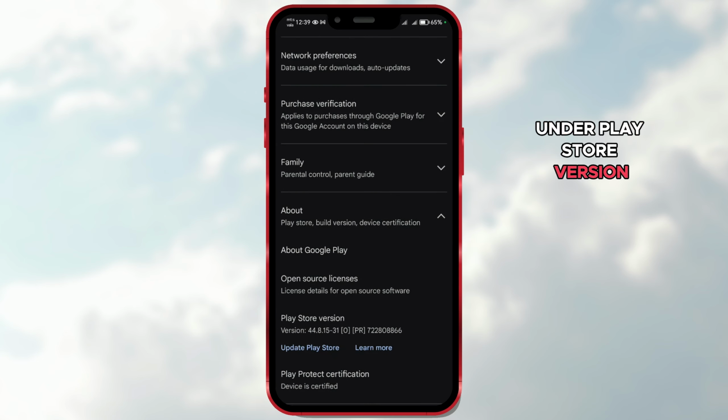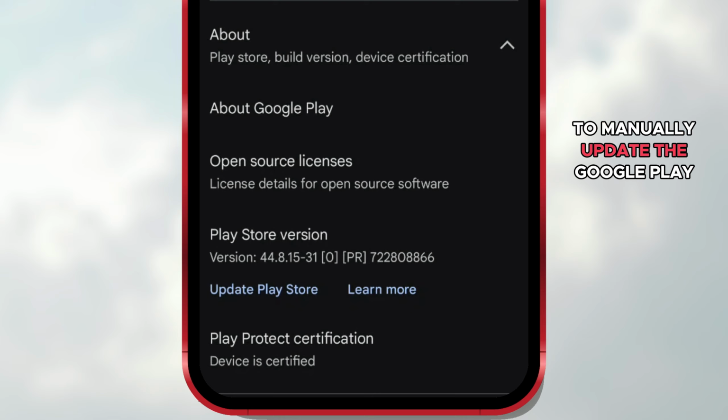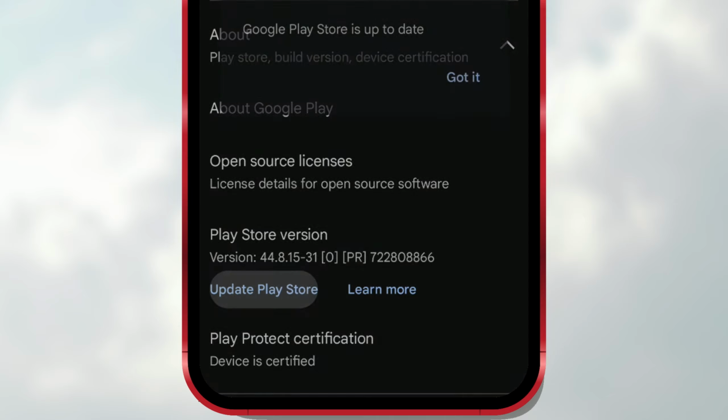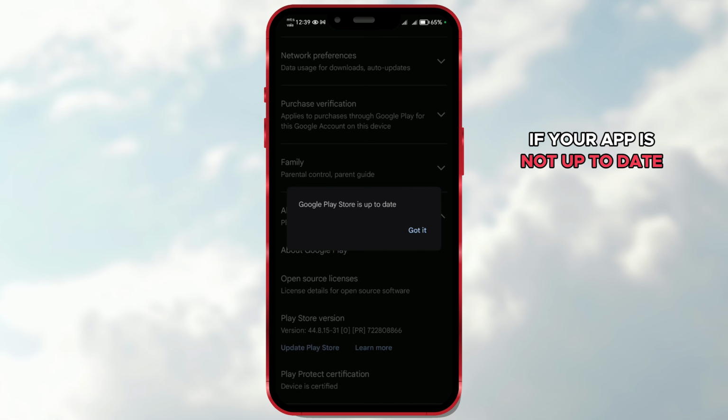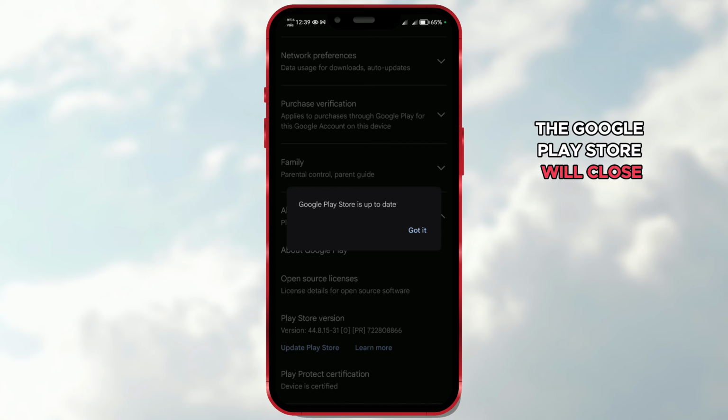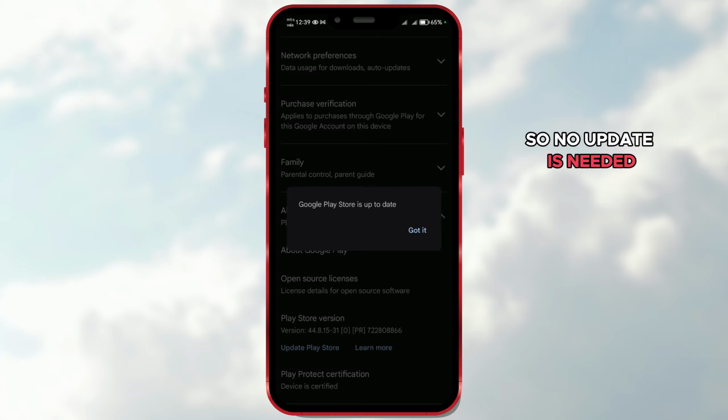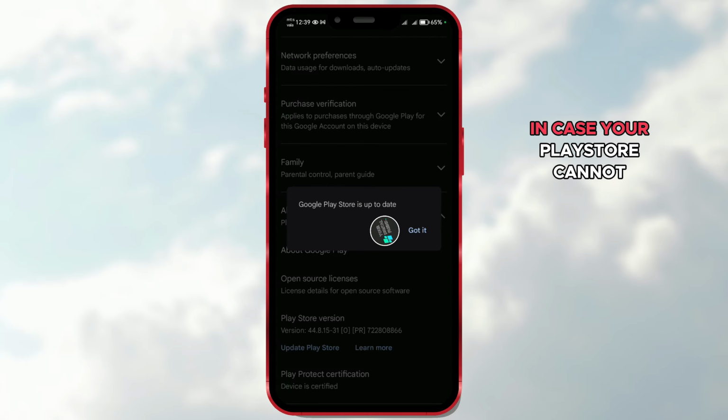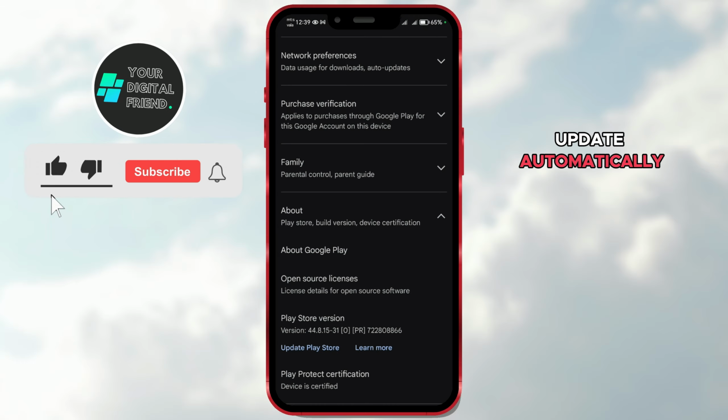Under Play Store version, you will see your current app version, the update option, and learn more. To manually update the Google Play Store, tap on Update Play Store here. If your app is not up to date, the download will start, and during installation, the Google Play Store will close. When you reopen it, you will have the latest version. In my case, it's already updated, so no update is needed. This is useful to know in case your Play Store cannot update automatically due to system